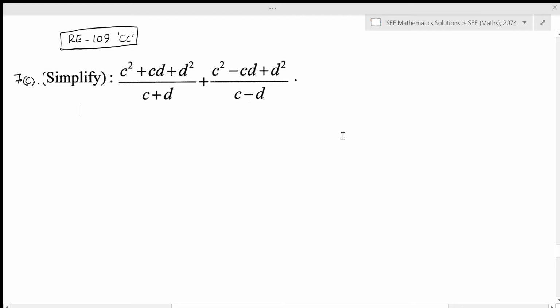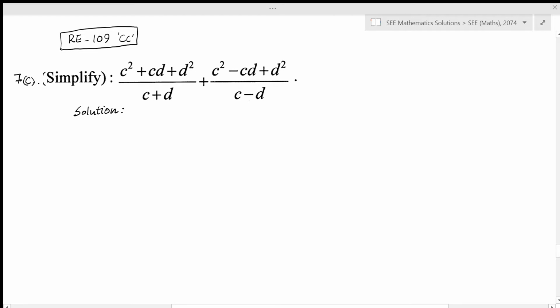Hi friends, welcome back. Now we'll be doing problem 7c. This is pretty much similar to 7b, but we'll see what's the difference here. So let's start the solution. And as I told earlier, this is a simple 2 marks problem, so we don't